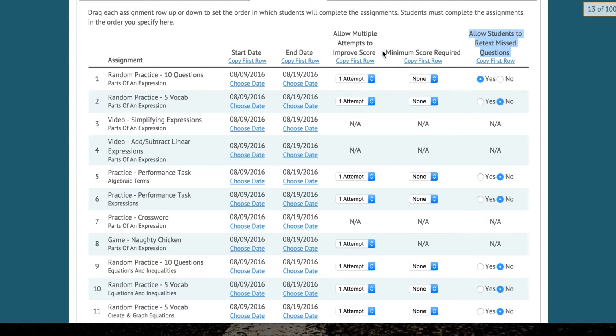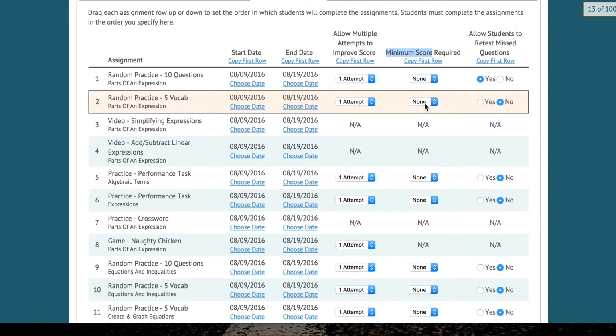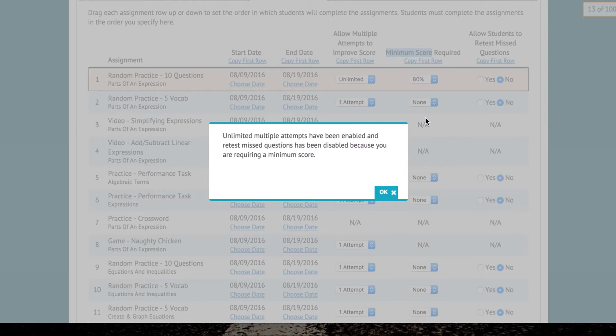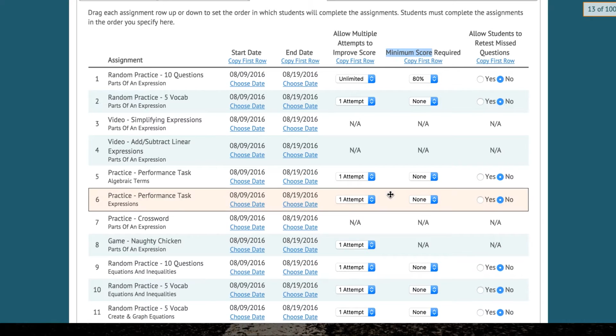Now, the last setting option that you have is a minimum score. And so if you would like to make sure that students reach a certain score before they can move on to the next activity, you can set a minimum score for them. And you'll get a pop-up to let you know that students will now have unlimited attempts. And the reason for that is because if a student does not meet the minimum score, then the assignment